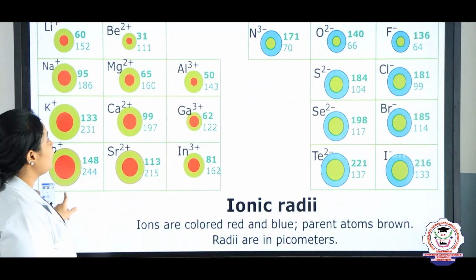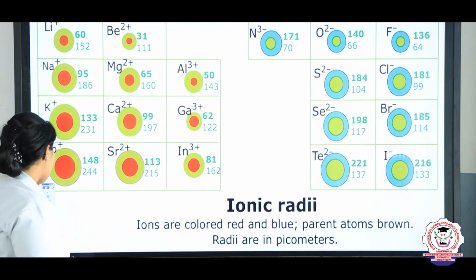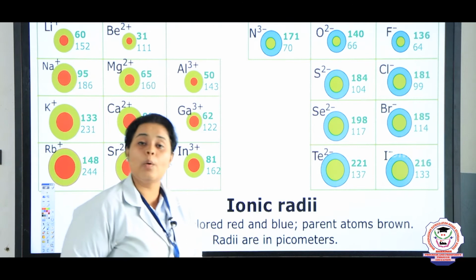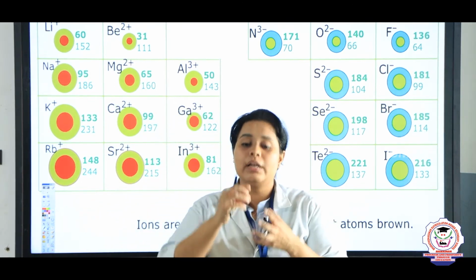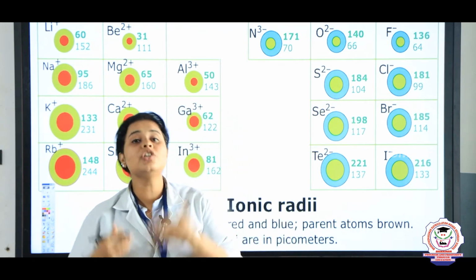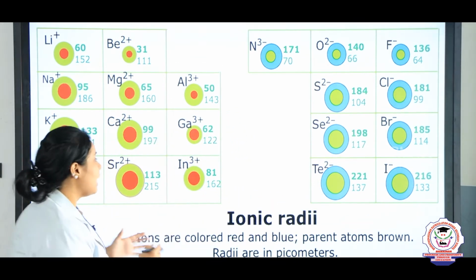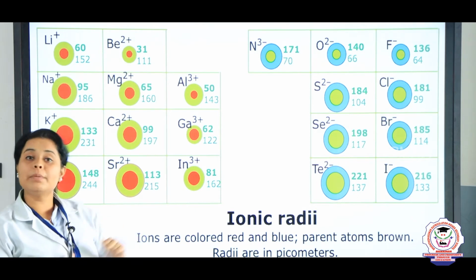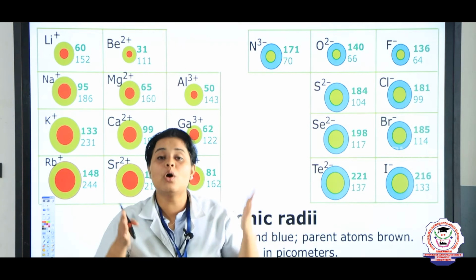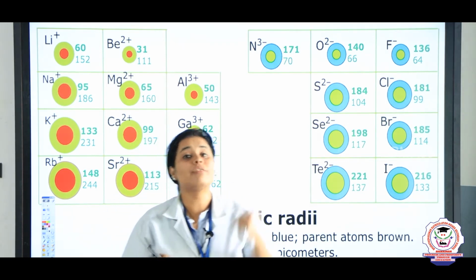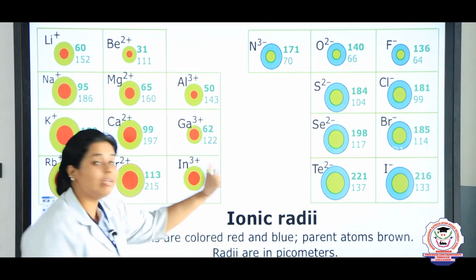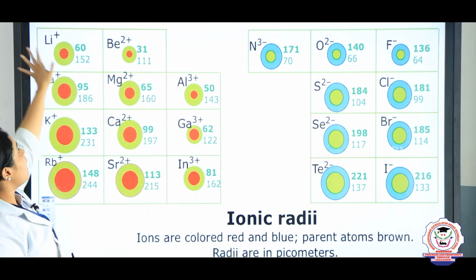The other topic which we are going to discuss is about ionic radius. Ionic radius means when an atom liberates or gains an electron and it becomes a charged atom. So, children, here I will take the example of lithium. Lithium is having 3 electrons. To become balanced or to attain the configuration of the helium atom, it needs to remove 1 electron. So when it removes 1 electron, it will become Li plus.